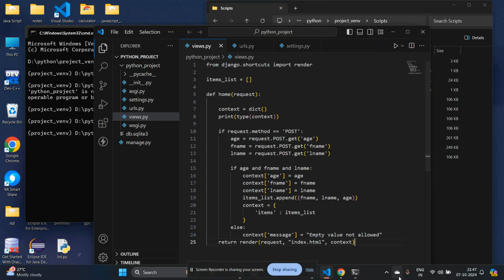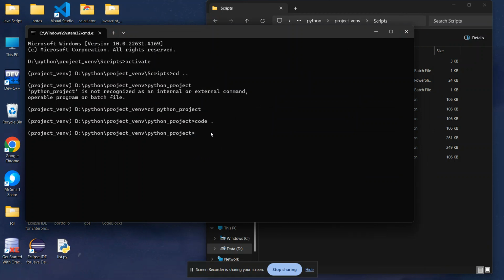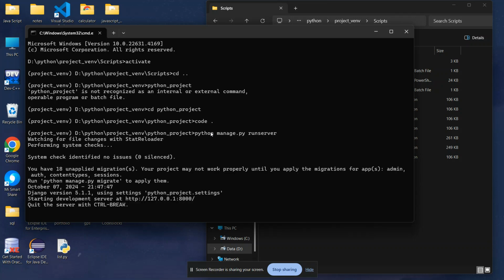So as you can see, my VS Code is opening, and after that, as we all know, we have to run our server. The next command is python manage.py runserver to run our server, and then press enter.